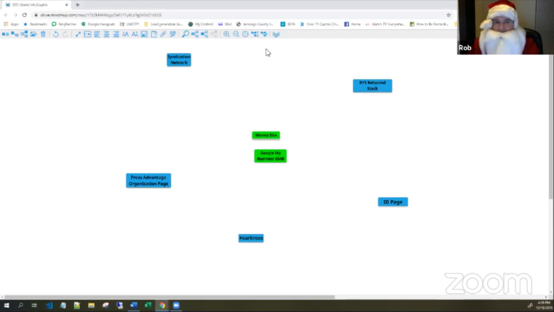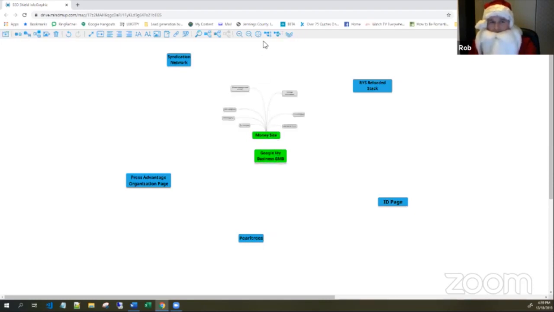And I'm going to expand these two just a little bit so you can kind of get an idea of what goes into building your SEO armor, is what I like to call it, before you even go out and start with anything else. But these are like your first steps. So with the money site and your GMB,